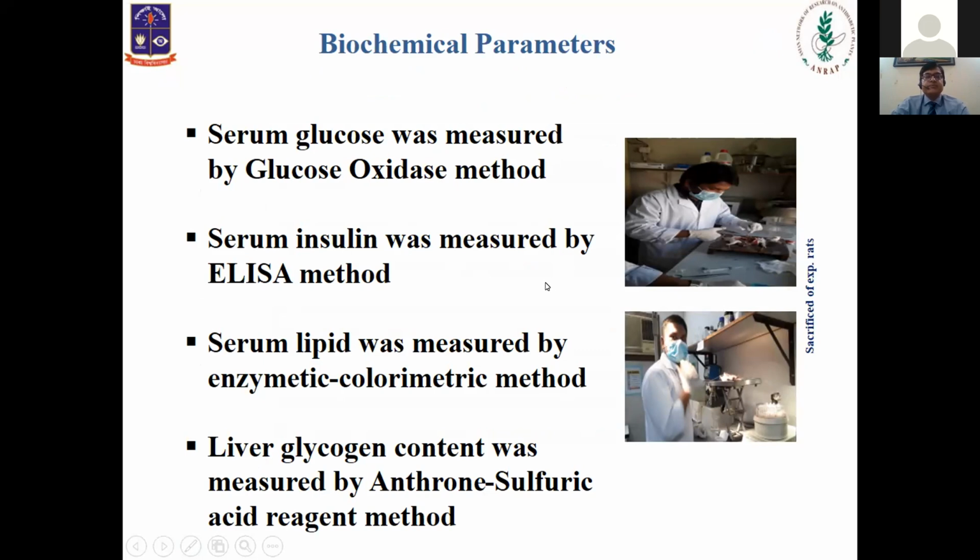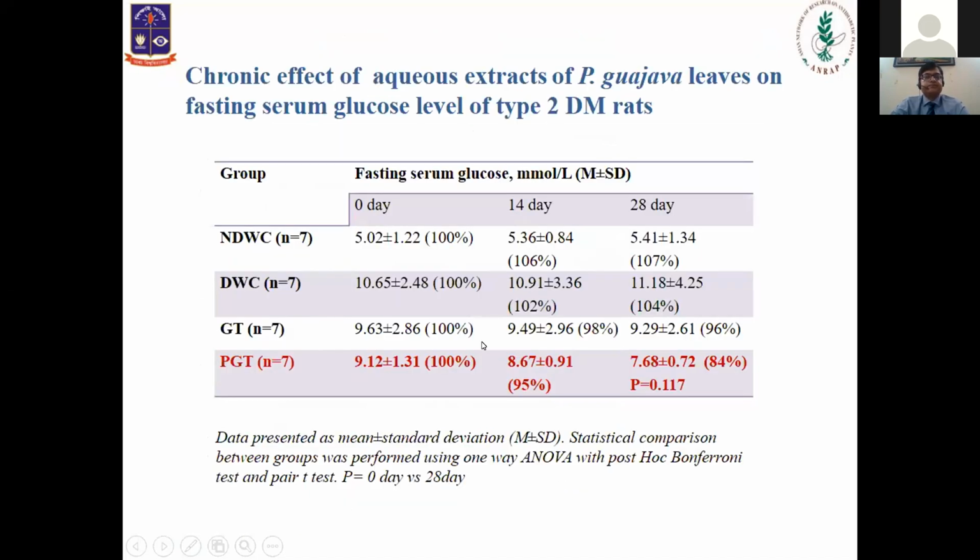Serum insulin was measured by ELISA. Serum lipid was measured by enzymatic colorimetric method, and liver glycogen content was measured by anthrone sulfuric acid reagent method. And this slide is the chronic effect of the aqueous extract of the guava leaves on fasting serum glucose, and you can see that